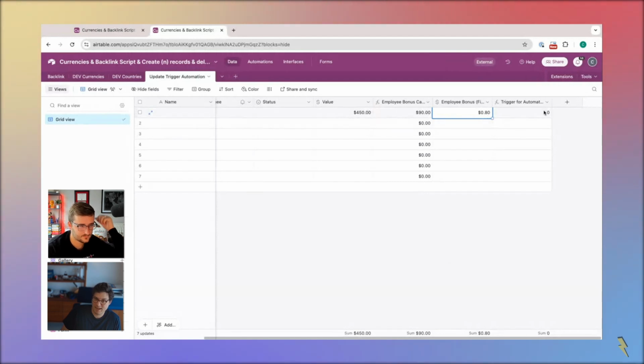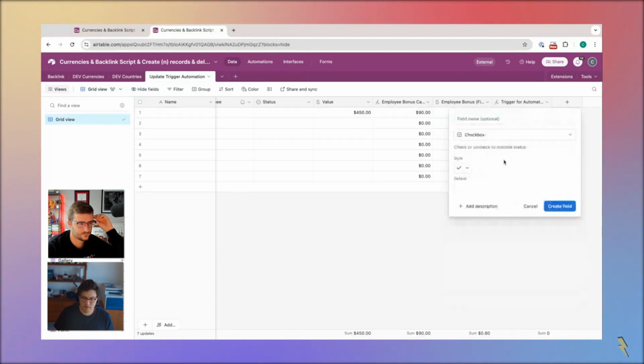And it's still zero because this does not match this, but it didn't re-trigger my automation. My automation just said, hey, my work is done here. And you haven't told me anything new to do. That's where this starts to get a bit funky and where we're going to come up with a couple different